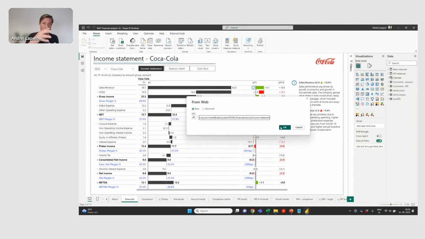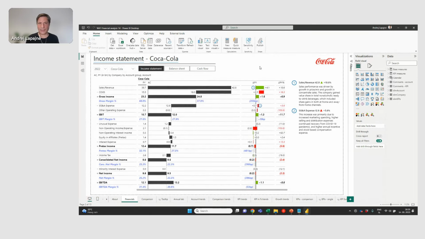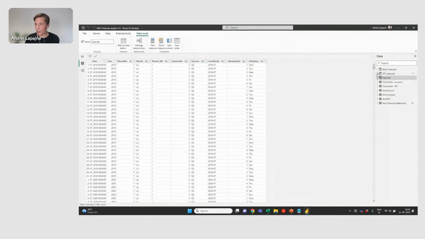We can expand on that in the Q&A section at the end, and maybe show you a couple of steps how to do that. But basically, you go here under Get Data and choose Web. That's your starting point. Once you have your data in, you will get some basic